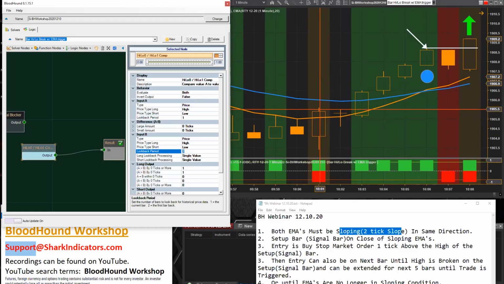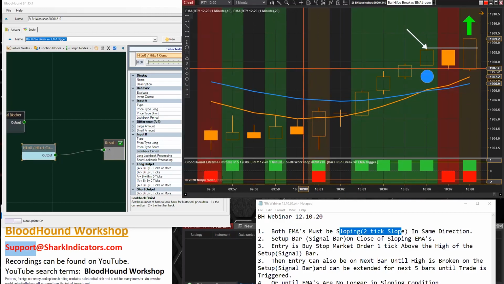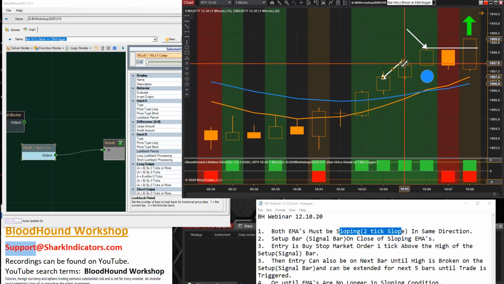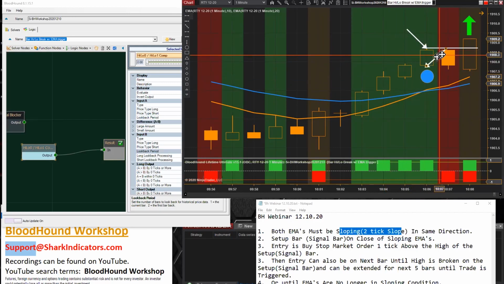So basically, whenever the high, let's grab a little arrow here. Whenever this high is higher than the previous bar high, we're going to get a long output, right? So we have a long output here because this high is higher than that high. We get a long output here because this high is higher than that high, right? A long output here. But on this bar,